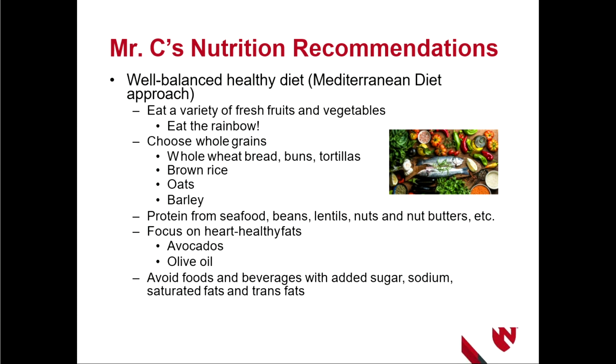So the very first thing I've listed is fresh fruits and vegetables. This is probably one of the best things that you can do, increase your fruit and vegetable intake. There are different vitamins, minerals, antioxidants, those helpful nutrients that can possibly be brain protective. We all know we should eat more fruits and vegetables. We've all been told that. The hard thing is, how do we go about doing that? So that's what I try to work on with each individual patient: tell me the things you like and how can we fit that into what your day looks like? Or how can we have you maybe try new